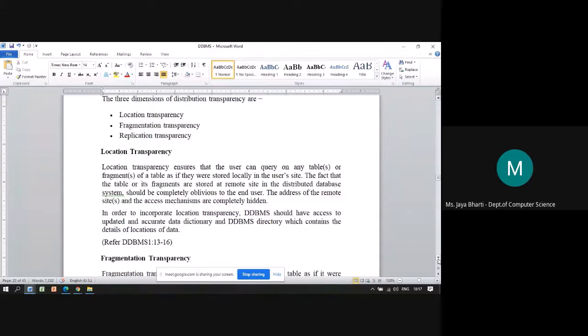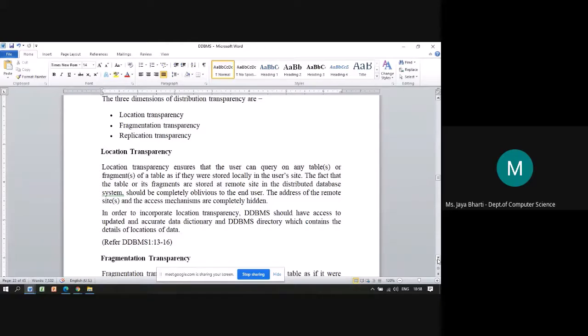To perform this transaction smoothly, we should have updated information about the location of data in the directory, in the database dictionary basically, so that while query processing, the correct data will go to the correct user or the correct node. So this is the requirement from the location transparency side.